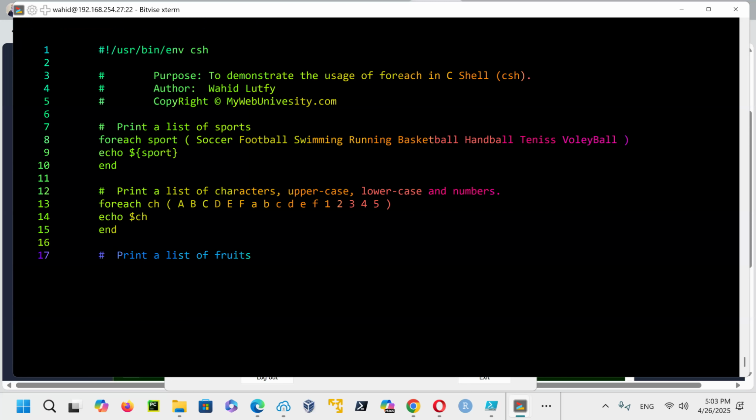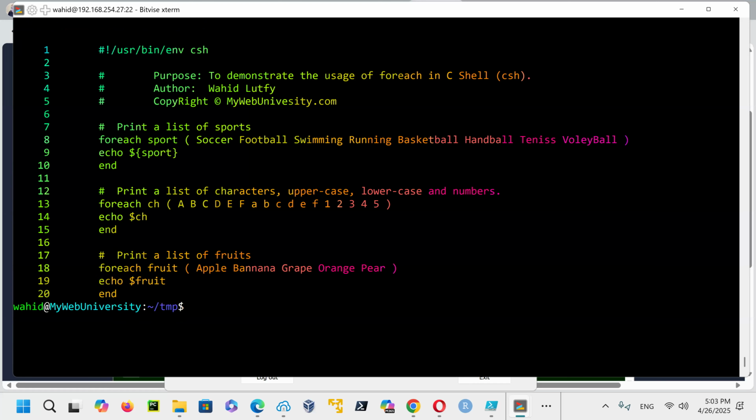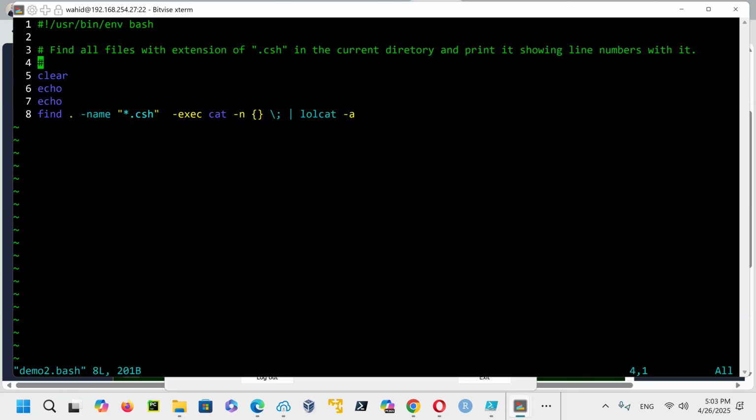But then you say, well, it is good that I see the contents. Can I run it itself? Yes. And then here you could just call demo2.bash. You could just say bash -x demo2.bash.